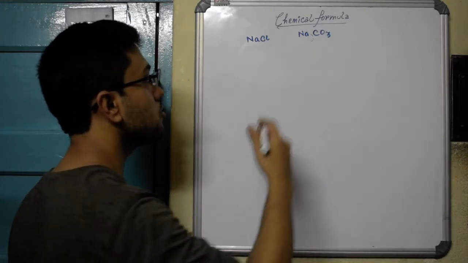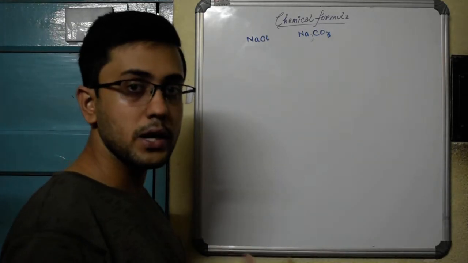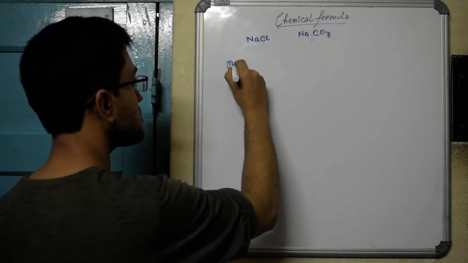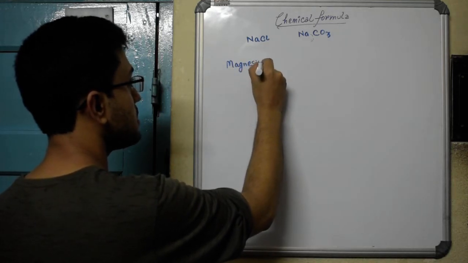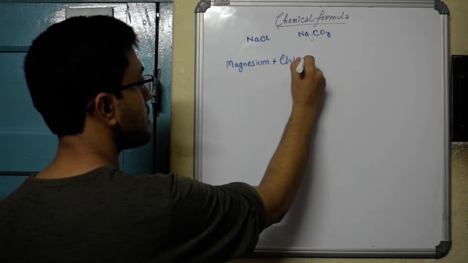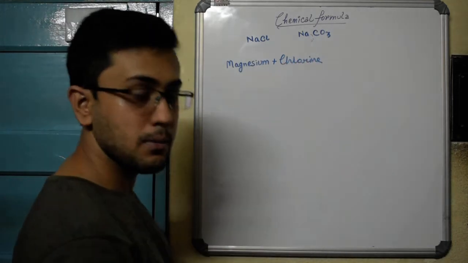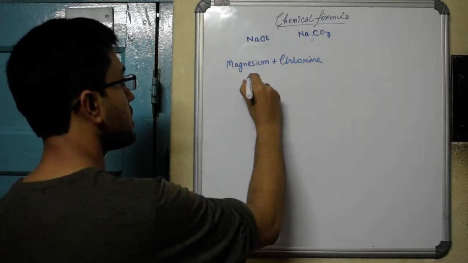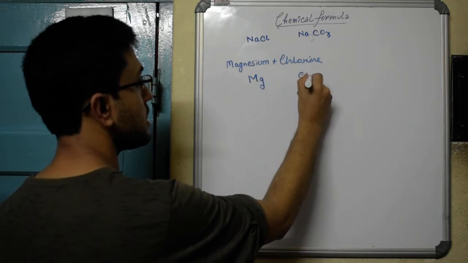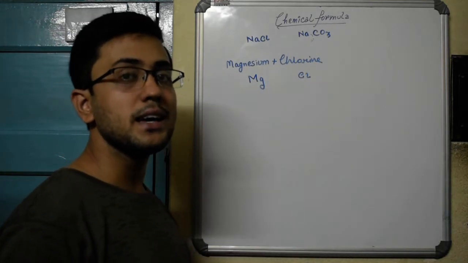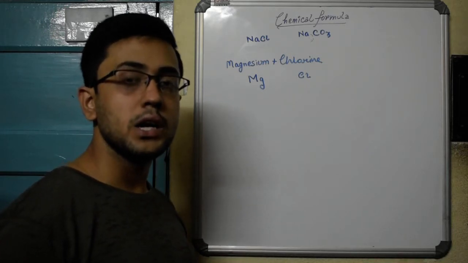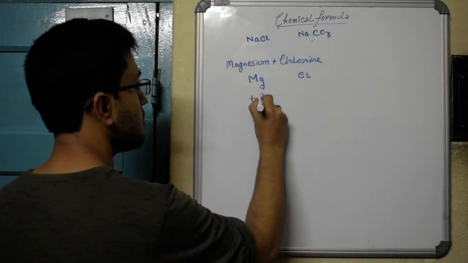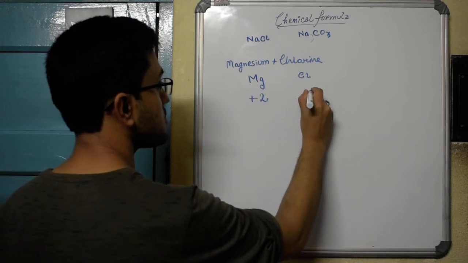Whenever you are trying to form chemical formulas, first of all you have to write down the names of the elements. Say magnesium is reacting with chlorine to form a compound. I don't know the name of the compound; I am trying to find out its chemical formula. So first of all, I will write down the symbols Mg Cl. In the next line, I can either write down their valences or their charges. Say I write down the charges in this case. For magnesium, it's a cation with +2 charge, and chlorine is an anion with -1 charge.